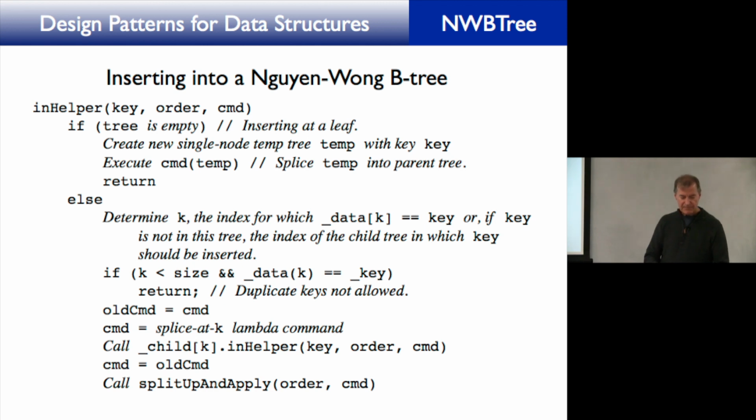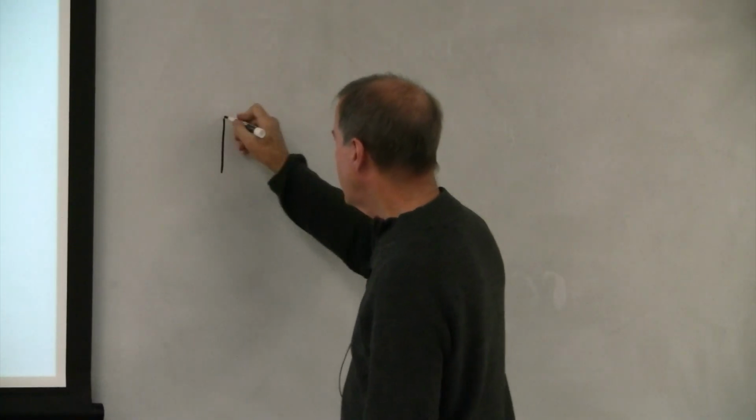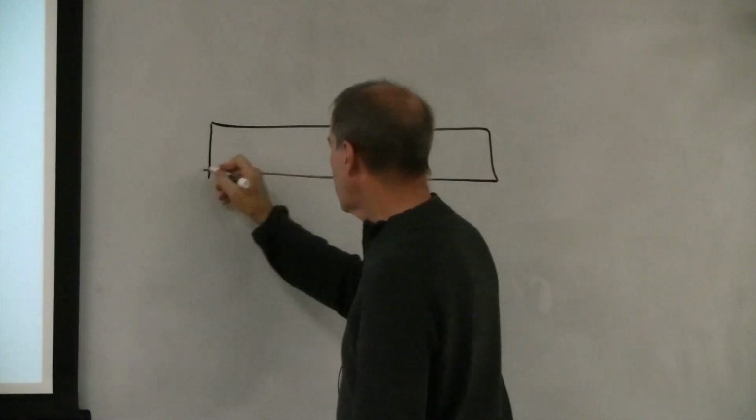What happens is, else. Now check this out. Determine k, the index for which data sub k equals key, or if key is not in this tree, the index of the child tree in which key should be inserted. What does all that mean? What all that means is this. If we are in, like here,